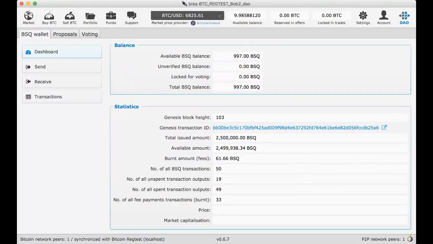In the DAO menu, you have 3 different tabs: the wallet, the proposals, and the voting. The proposal and the voting will probably be just 1 tab. That's not clear yet. And in the wallet, you have a dashboard with an overview of your available balance and the unverified balance. When you make a transaction, you don't know before the transaction is really in the blockchain if it's a valid BSQ transaction. So it will be unverified, the balance which is spent from your transaction and which is not confirmed yet,